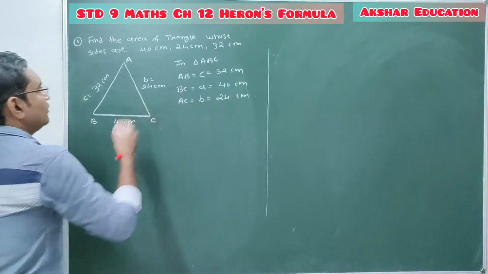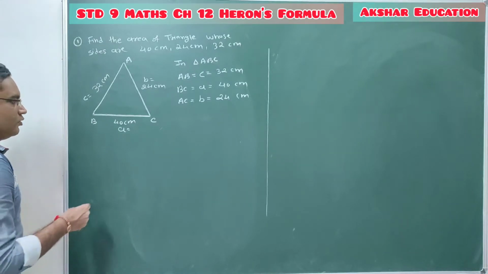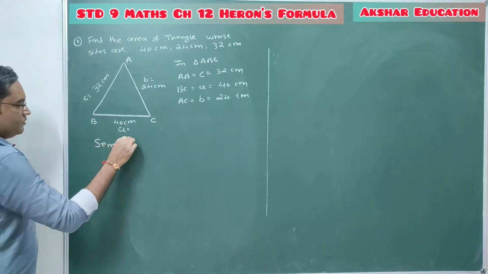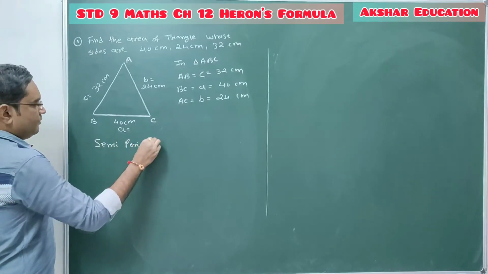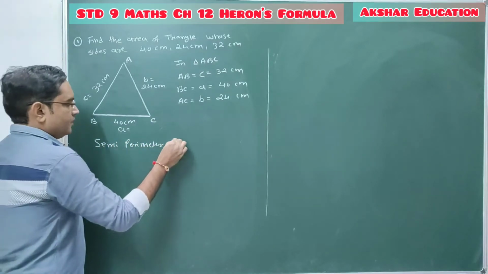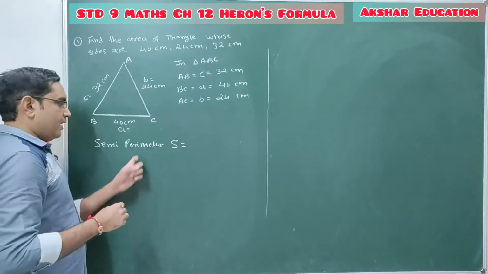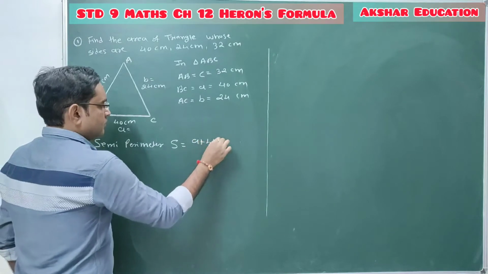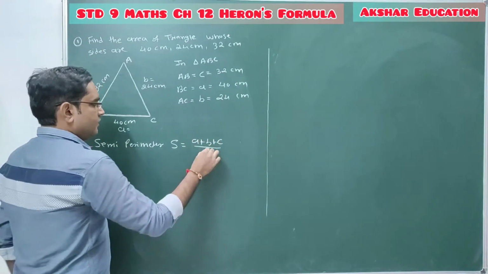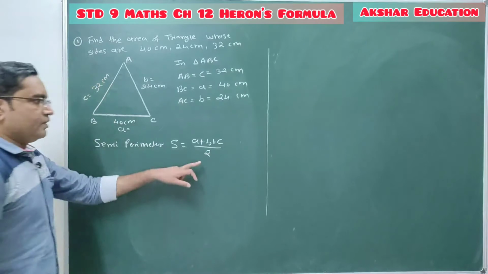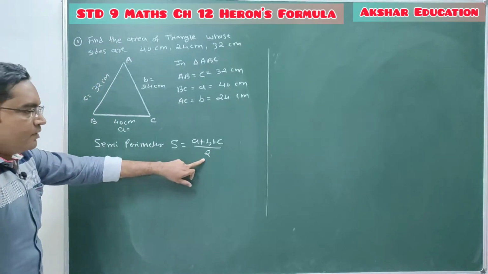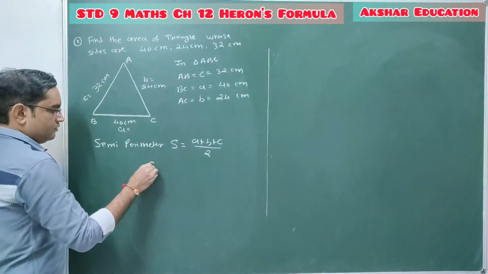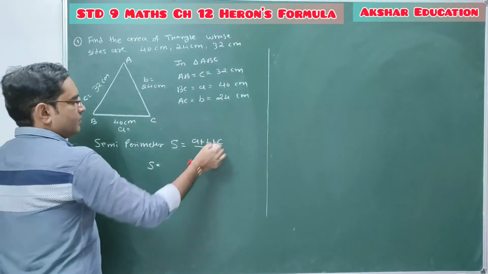Now we have to find the area of this triangle by using Heron's formula. So to use Heron's formula, we require the semi-perimeter. So the semi-perimeter s is nothing but the perimeter by 2. What is the perimeter? The perimeter is the sum of the measures of all 3 sides, divided by 2. This is 2. In the exam you will write 3 here. See that mistake of yours right now, what you are going to do. So s equals (a plus b plus c) by 2.